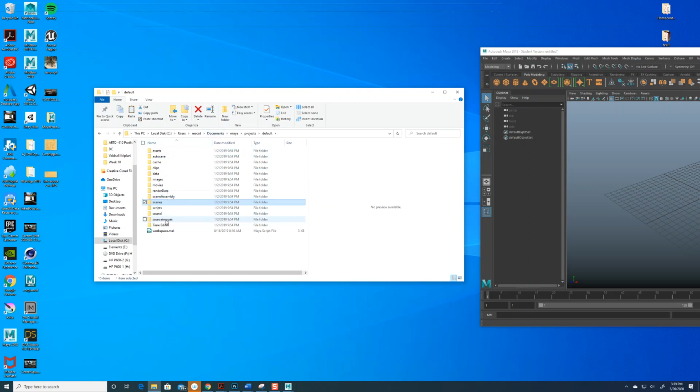So all of your textures or reference images, or even movies, and even materials and surfaces you make in other software such as Substance Painter, everything should be stored within your source images inside